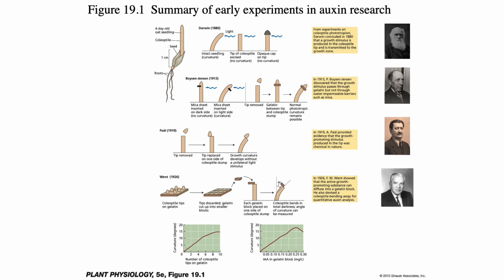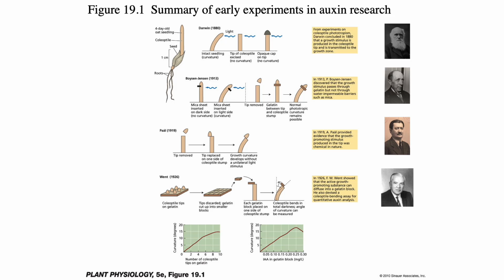In it, they describe an experiment they performed while studying phototropism, the growth towards light. They planted seeds in the dark, and when the seedlings emerged, they shined a light from one direction. The seedlings bent towards the light. If they cut off the tip of the coleoptile of the seedling, it did not bend towards the light, or if they covered the intact seedling, it did not bend towards the light. They concluded that a growth stimulus was produced in the tip of the coleoptile and transported down the coleoptile to the growing region of the coleoptile below the tip, stimulating the growth of the cells on the shaded side.